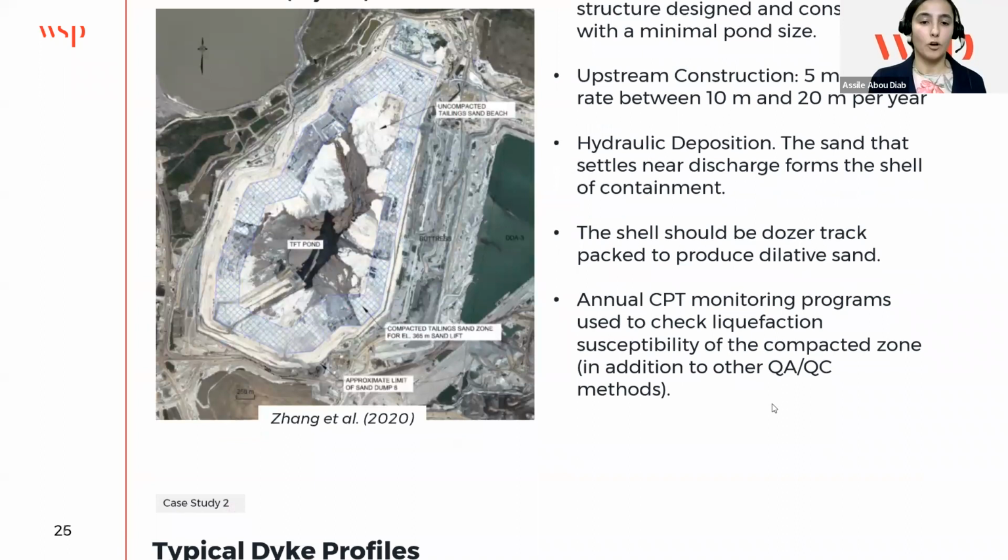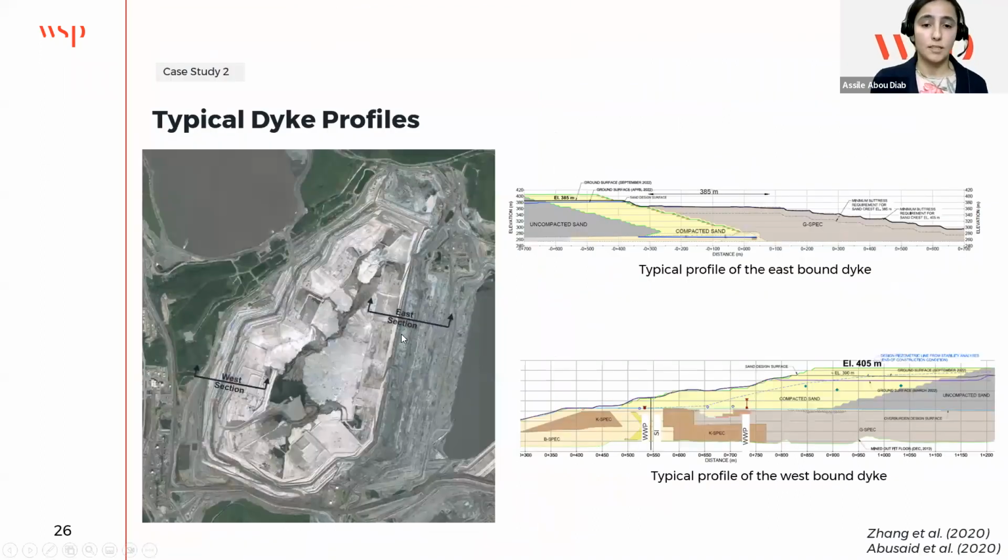Just showing you a couple of profiles to appreciate the structure. This is the east section here. So tailings are hydraulically placed here, and then the sand that's captured gets compacted to form the shell of containment. So this is compacted sand, and there is a buttress here. As we can see,